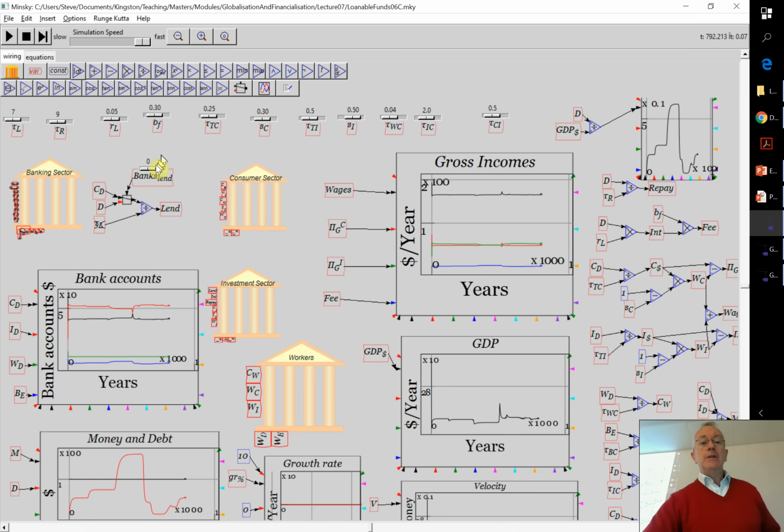Notice I've got banks, lenders, 0 here. And notice this little block here, this is the case statement. It's currently wired to the top entry saying the amount of lending depends upon the amount of money in the consumer's deposit account. Now if we're going to have the bank lending money, then the amount of lending it's going to do depends upon its equity in a more complicated model. But here I'm saying it's based upon the level of outstanding debt.